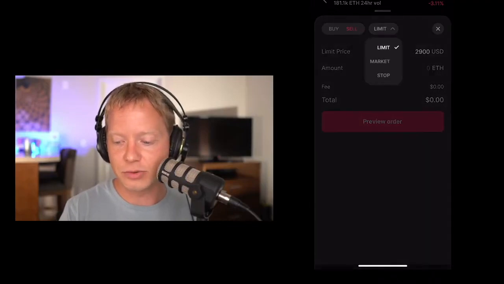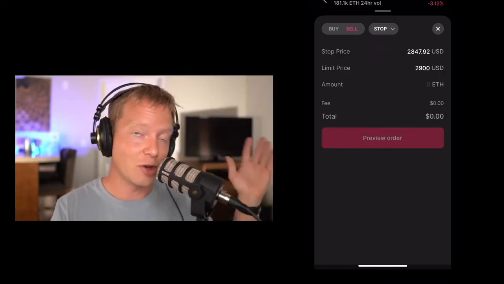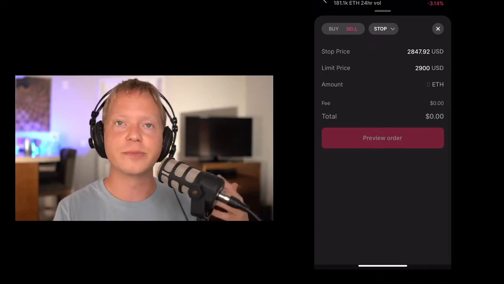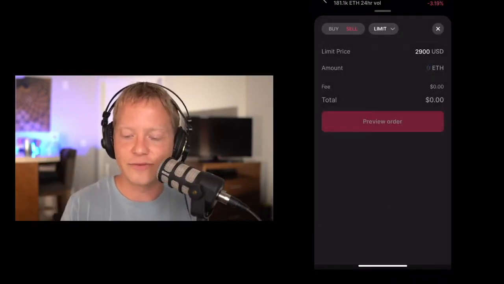And then there's also the thing that's called stops, and that's if the price, say, goes up and then it starts to reverse. You could have a stop, basically an exit clause, that if it starts to go back in the other direction, it's protecting you from it reversing too much, and then it starts to sell. So again, this is not me trying to go through exactly how to trade. It's just showing you that you could buy it, and that's a smarter way to buy, just using things like limit orders, because you're able to get it for a little less price, and it usually covers the price of whatever the fee is just in the amount that it dipped.